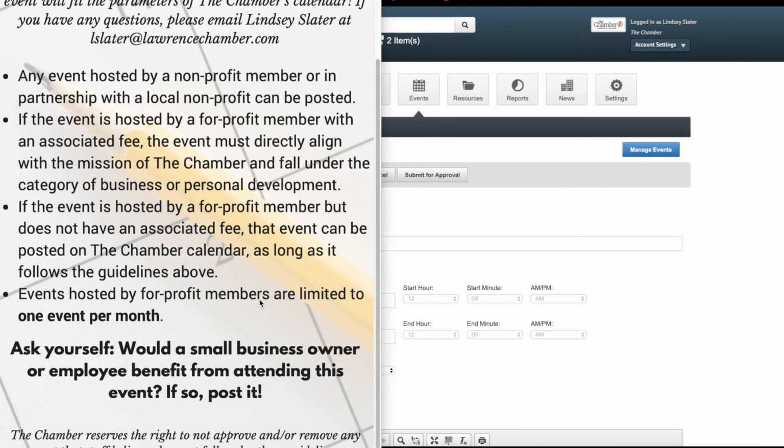So basically ask yourself this question: would a small business owner or employee benefit from attending your event? And if so, post it. And again, the chamber does reserve the right to not approve or remove events if it doesn't really fall within those guidelines. But we'll reach out to you and definitely talk to you and take into consideration how you feel about that event. So, but again, any nonprofit member can post any events because we obviously want to support our